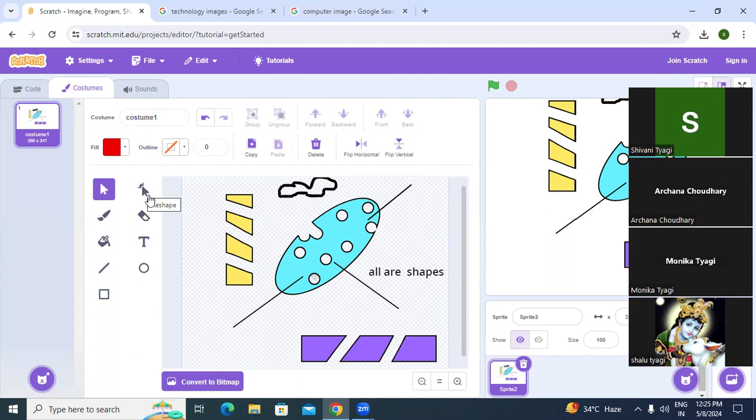Now one thing is remaining, that is reshape. Now I'm going to show you. For example, I'm taking a rectangle. Okay. Rectangle. And then we need to reshape it. For example, I want to reshape this corner. So with the help of this, I can reshape it according to my choice. किसी भी पॉइंटर से आप क्या कर सकते हो, उसको रीशेप कर सकते हो. Yes. For example, like this. And if you want to create a curve,